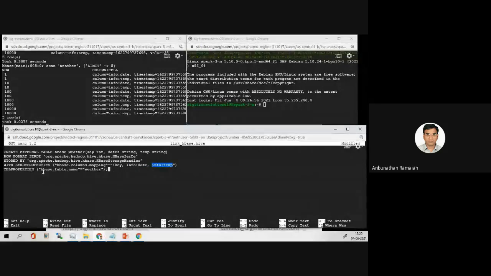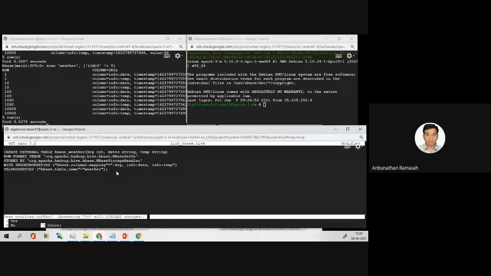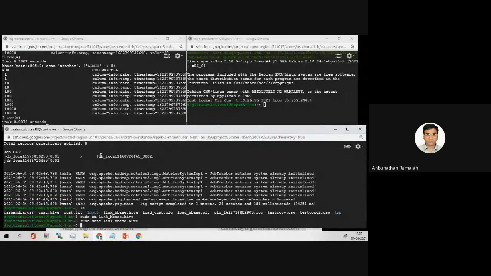Then table properties, where weather is the table name. Let me save this. From the weather table, whatever we created now, we are going to copy it to the Hive table. So we are going to execute now.